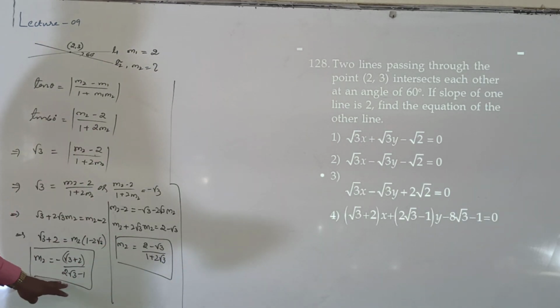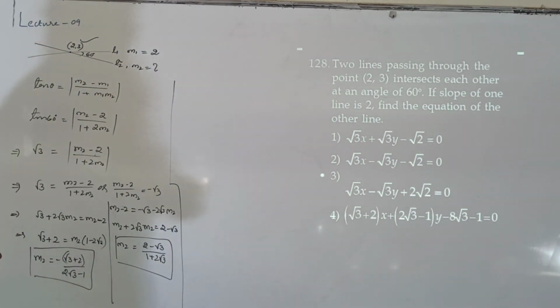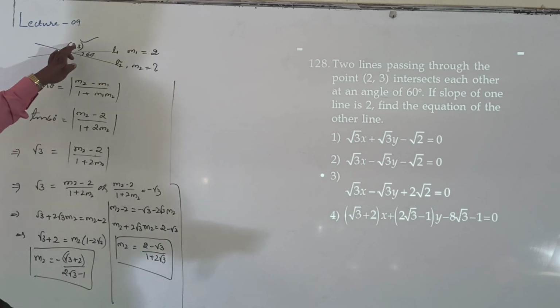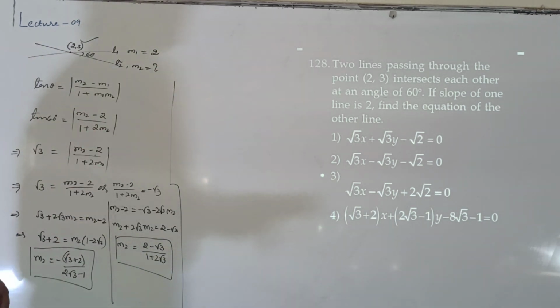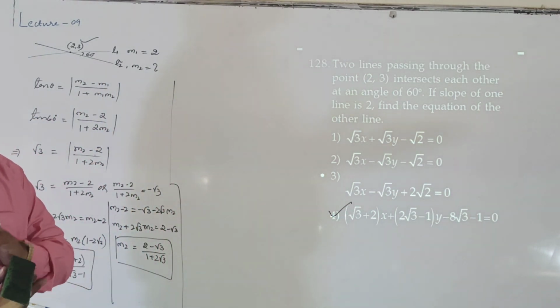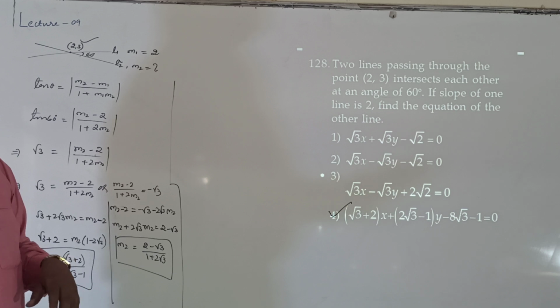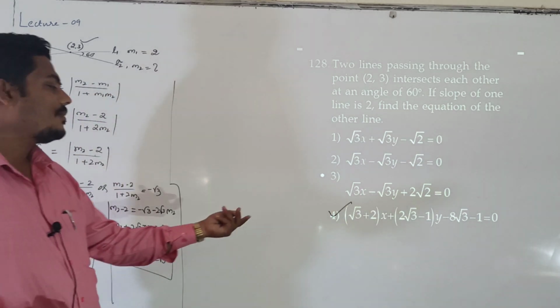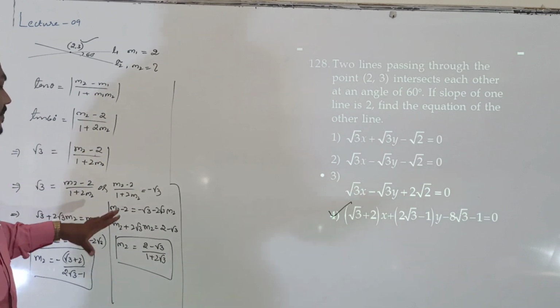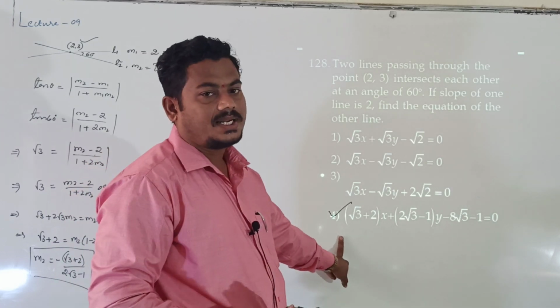Slope of other line, there are two slopes. Just write the equation by using slope and point formula. First write slope and point formula. After that also slope and point. One of the equations is the fourth option. Just use the slope and point formula after getting the slope of the other line. Find the equation of the other line, means the equation of L2. Equation of L2 is the fourth option. After getting slope, use slope and point formula and simplify, you get the fourth option, right?